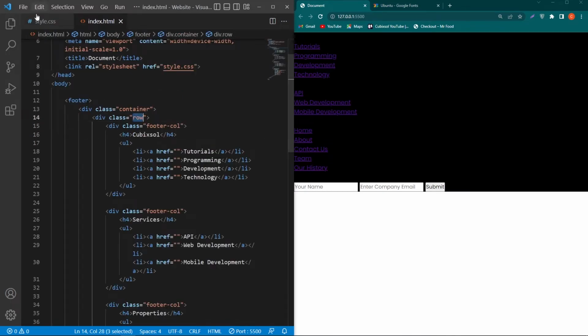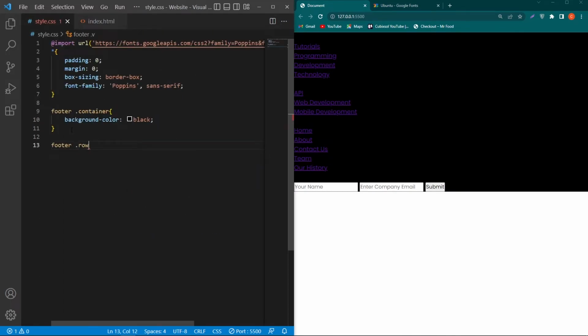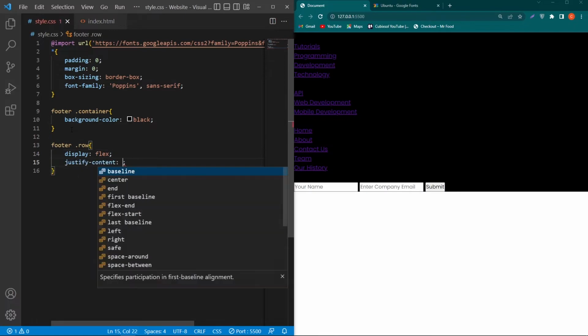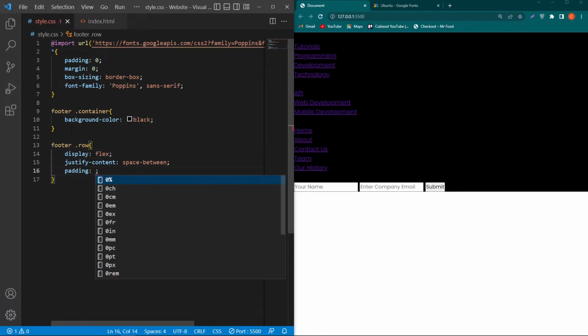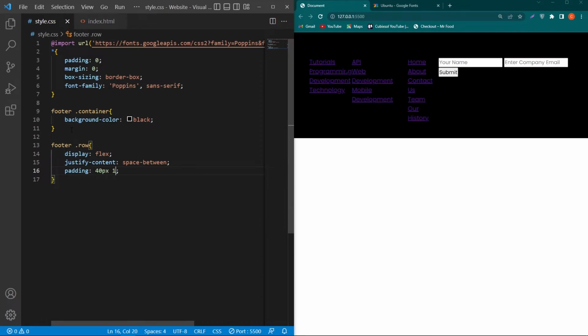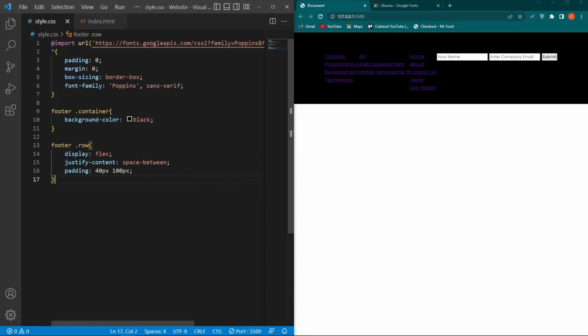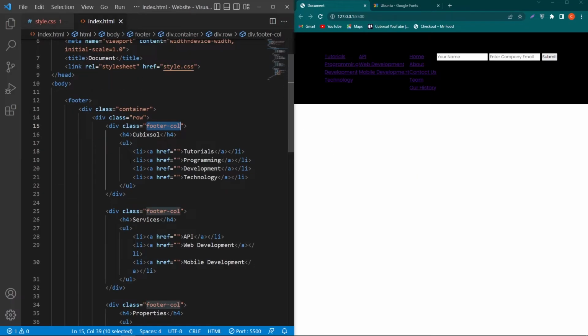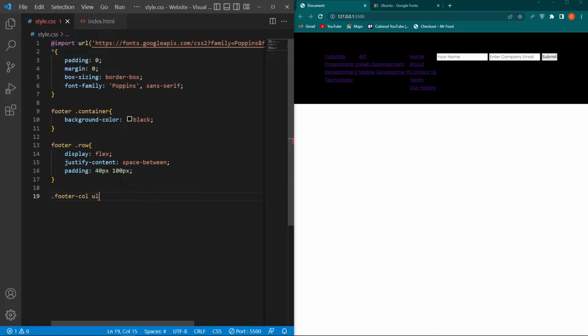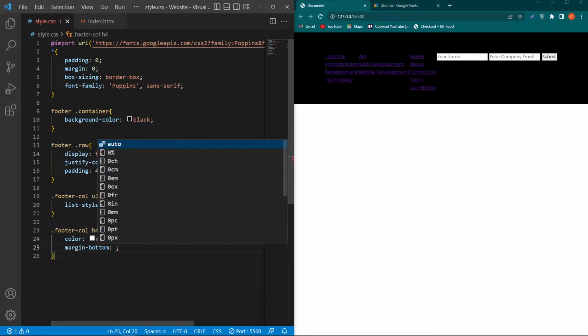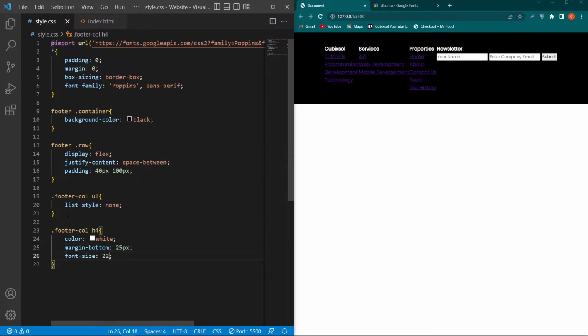Next copy this row class and type here footer dot row, type display flex, justify-content space-between, and give a padding of 40 pixels and 100 pixels. Next copy this footer-col class from index.html and paste it here with a dot, and next copy this UL element and paste it here, type here list-style none. Next copy and paste this footer column class and type here H4. Give a color white, margin-bottom 25 pixels, font-size 22 pixels, position relative, and its